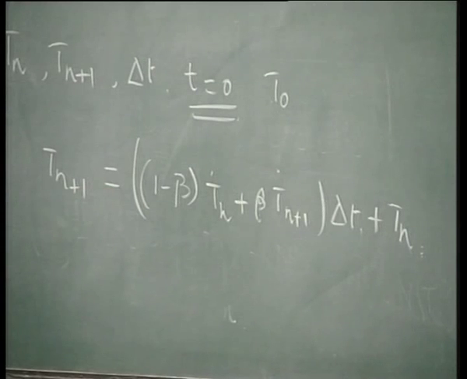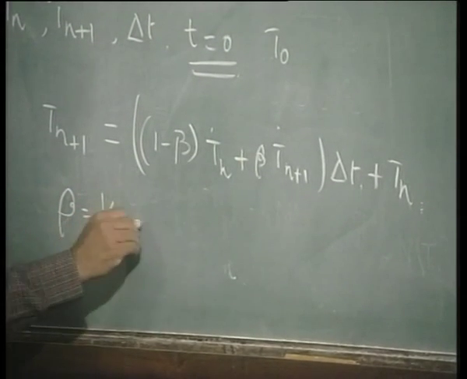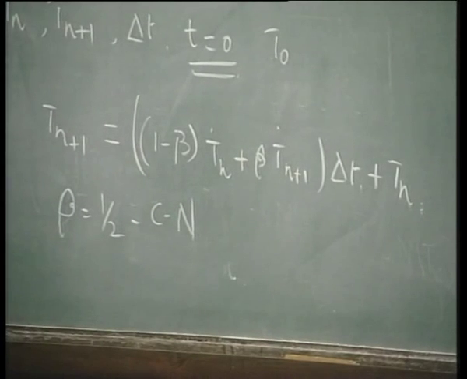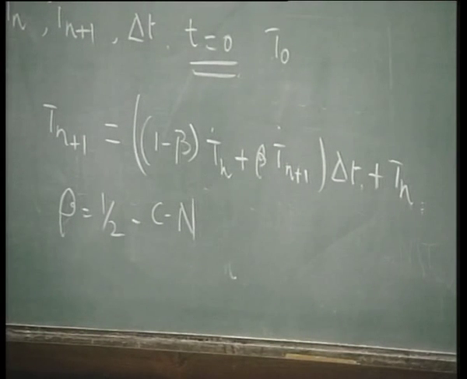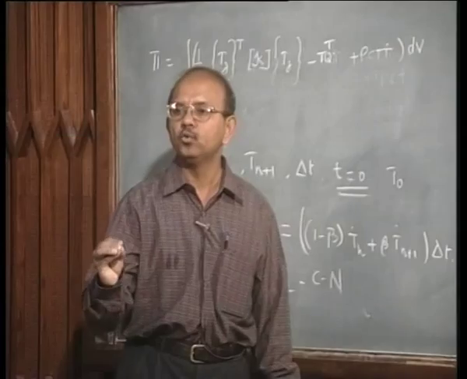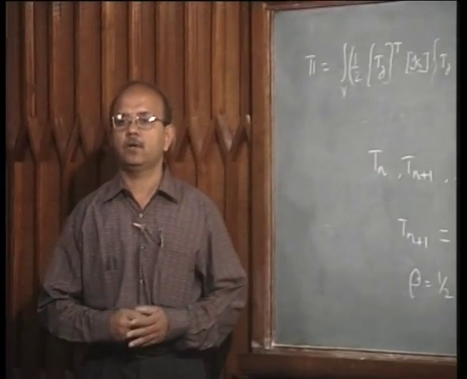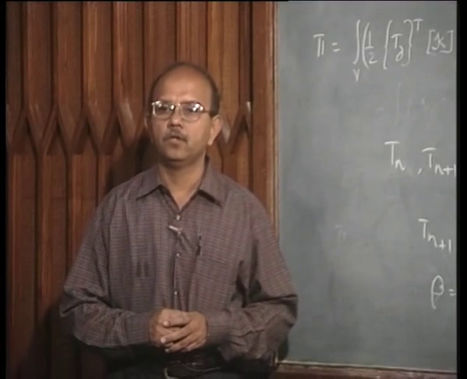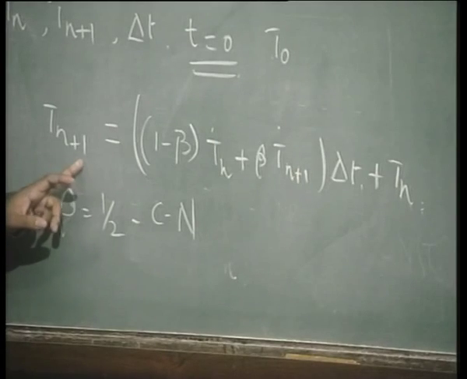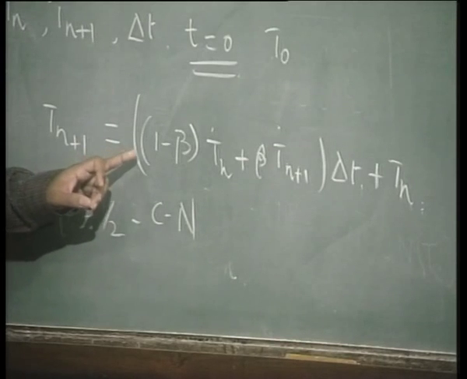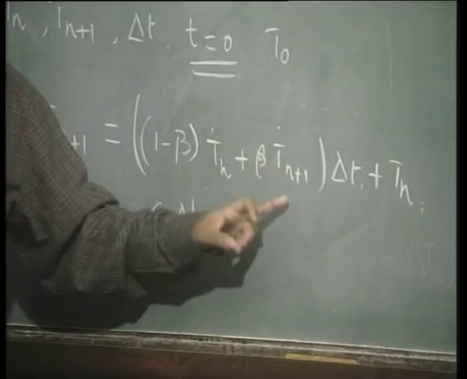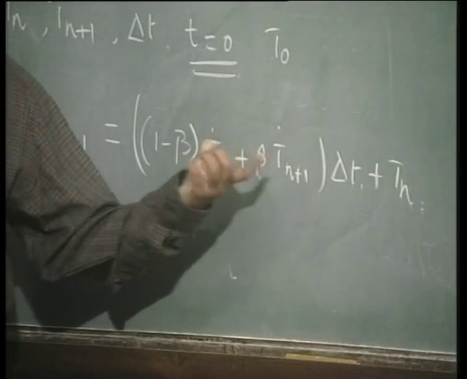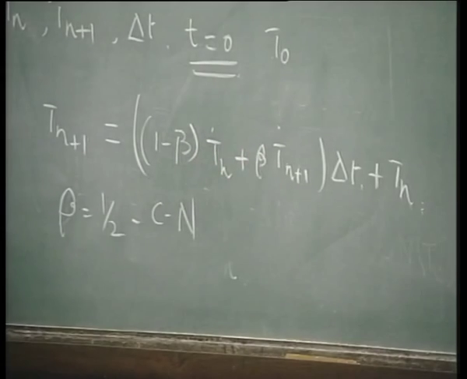Such a scheme where you take beta is equal to half is called the Crank-Nicolson scheme, or sometimes people call this the midpoint rule, because you are taking the midpoint, okay, and it is the most popular among the schemes that are used to write down or approximate t n plus 1. So, when beta is equal to half, t n plus 1 is equal to, of course, t n plus half into t dot n plus half into t dot n plus 1. So, you take an average of the slope between n and n plus 1.